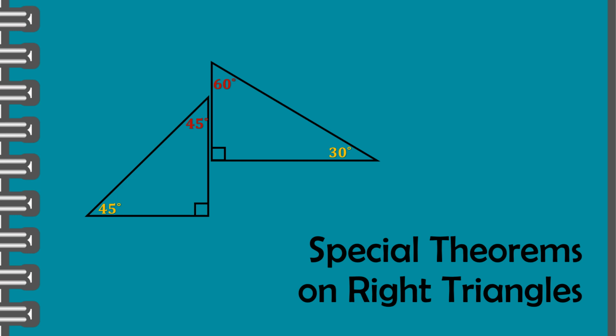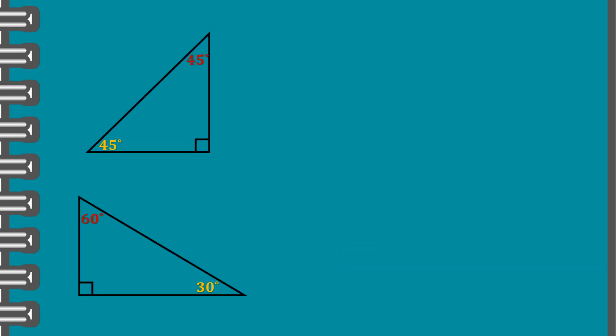There are two theorems about right triangles that are very useful in finding easily the lengths of its sides. We often call them the special right triangles. The special right triangles are illustrated by these two figures. They are actually named based on the angles formed in the said triangle. The first one is named as